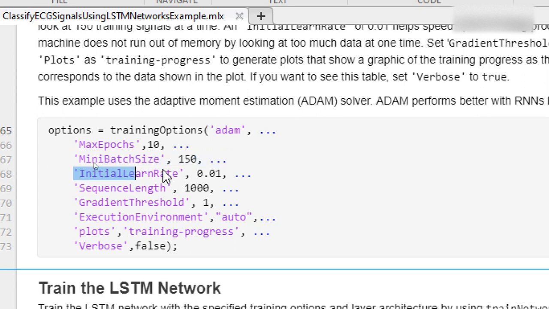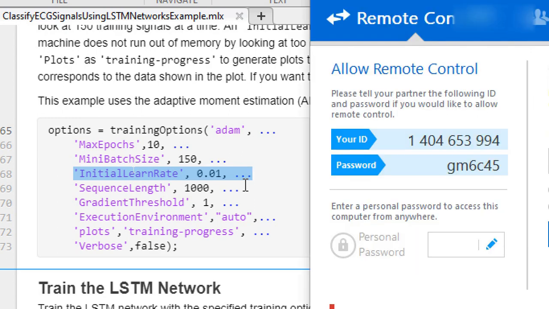Now this is the initial learning rate. You can increase or decrease it. If you decrease the initial learning rate, your accuracy will be higher, but you have to be careful, as it can lead to overfitting. Like a human, if you read anything slowly, we remember it for a long time. So when you reduce the initial learning rate, your accuracy will increase. The same happens here as well.